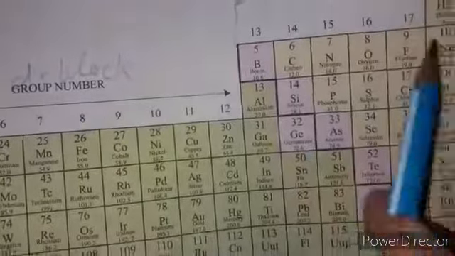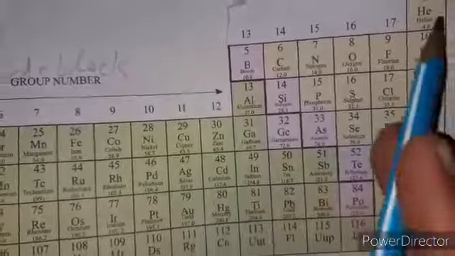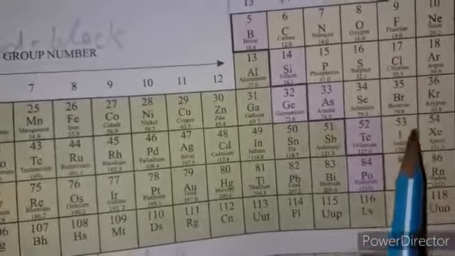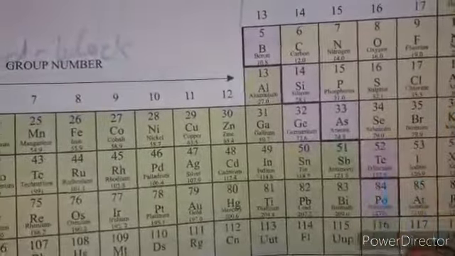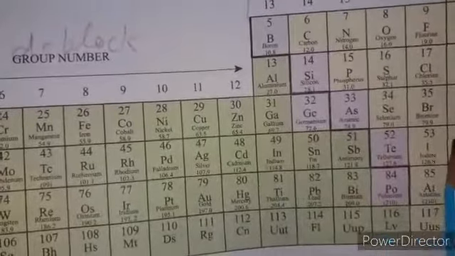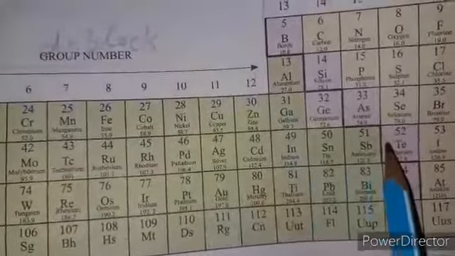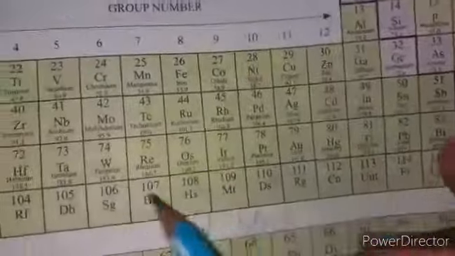And these yellow-colored ones are non-metals: carbon, nitrogen, oxygen, fluorine, neon, helium, argon, krypton, xenon, radon, astatine, iodine, bromine, chlorine, sulfur, selenium, phosphorus. These are all typical non-metals and their oxides are acidic in nature. These borderline element oxides are amphoteric, which react with acid as well as with base. So these are the typical metals.